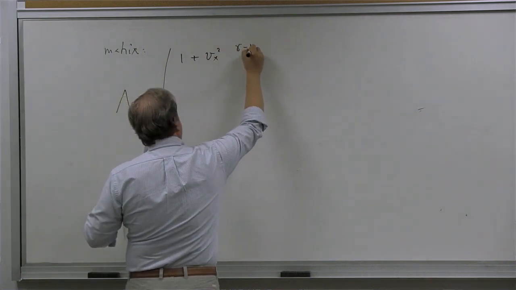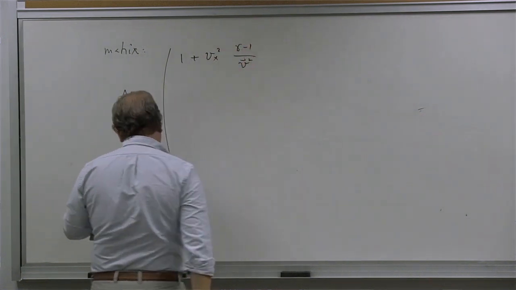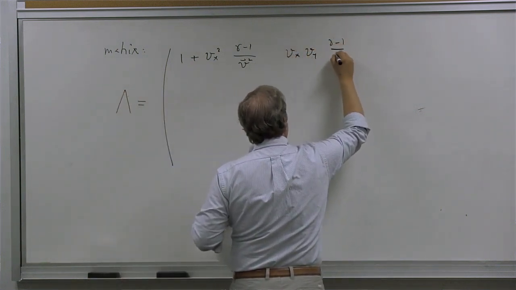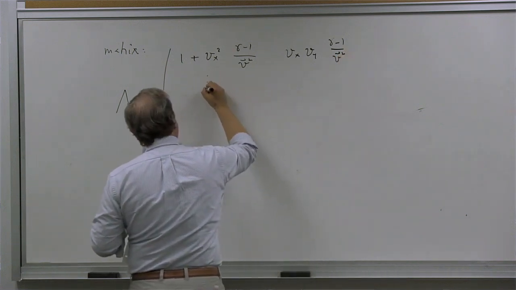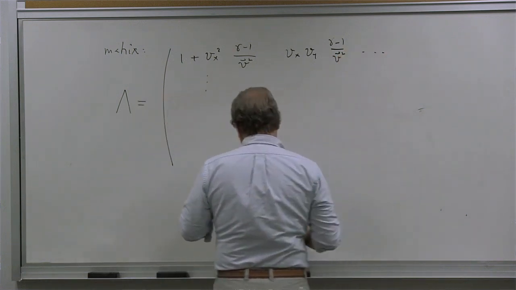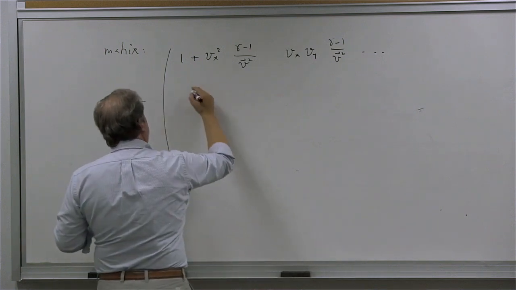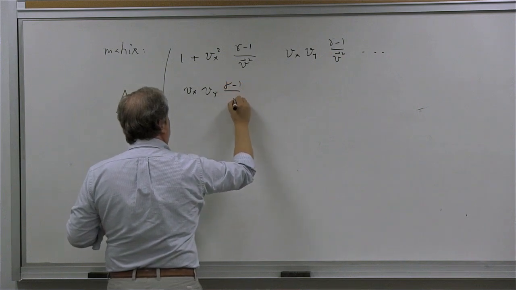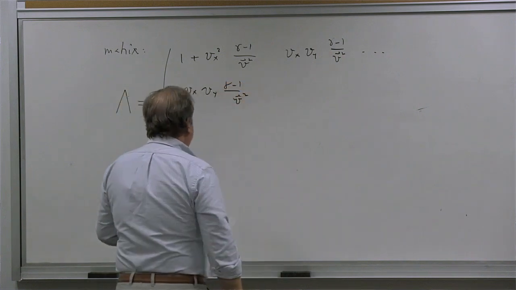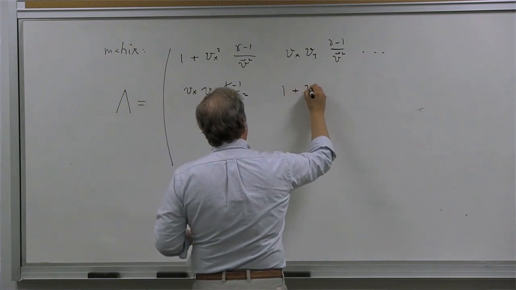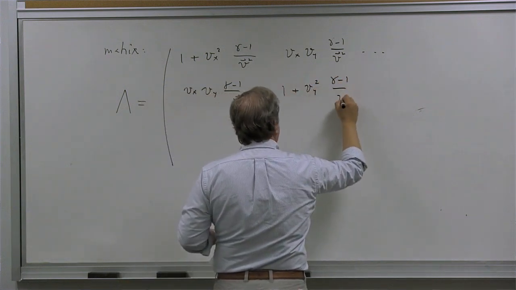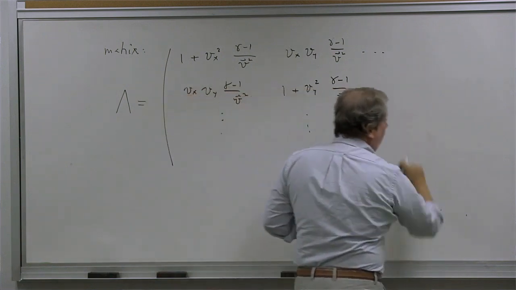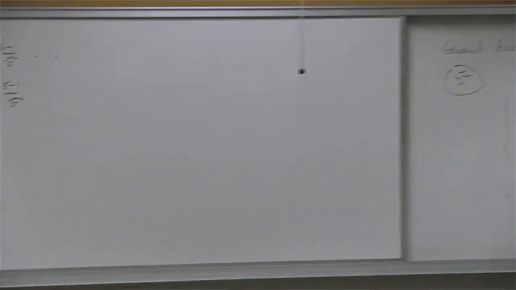right, times gamma minus 1 over V squared, and then Vx Vy times gamma minus 1 over V squared, and so on, right? Let me write this matrix element here. It's a symmetric matrix, so it's Vx Vy times gamma minus 1 over V squared, right? And then the diagonal matrix element is 1 plus Vy squared times gamma minus 1 over V squared, right? So dot, dot, dot, and then at the very last row and column, we have the lambda